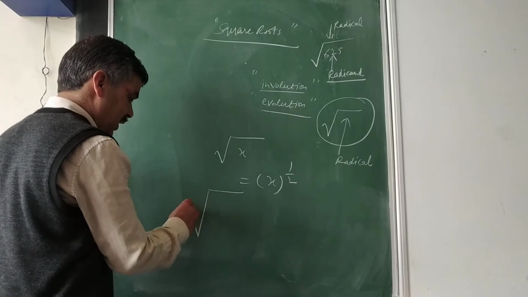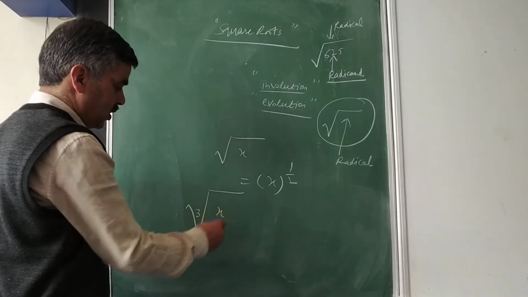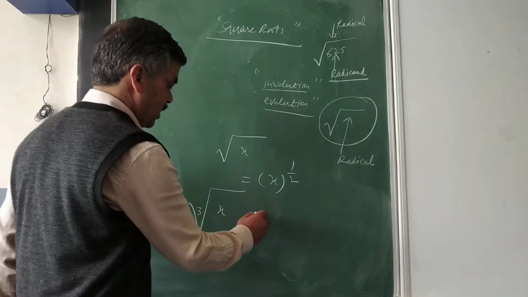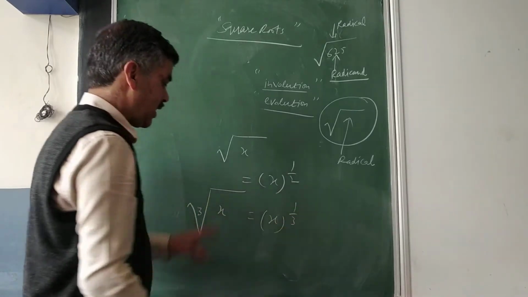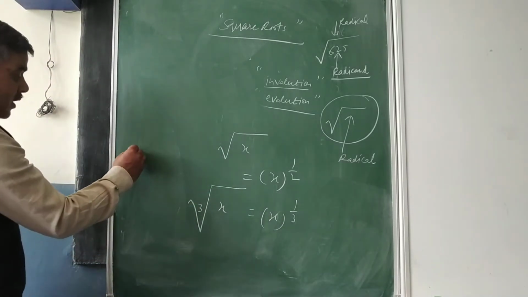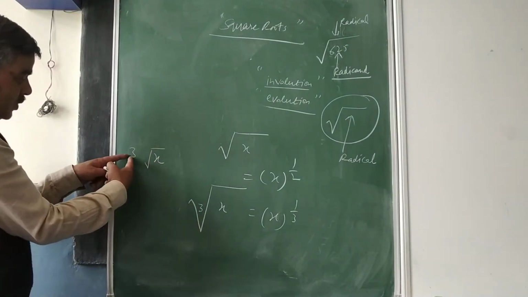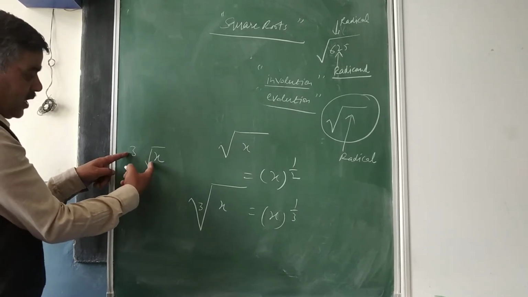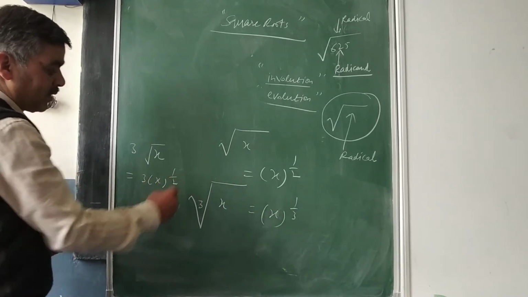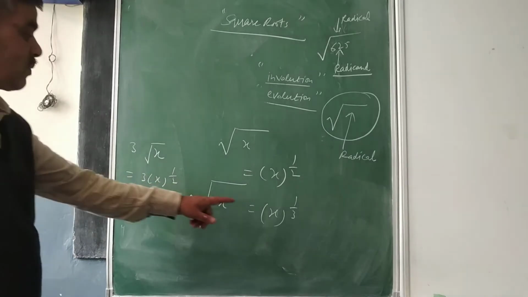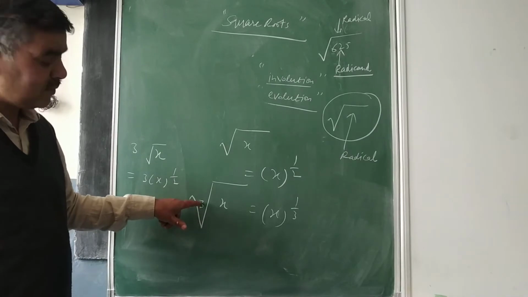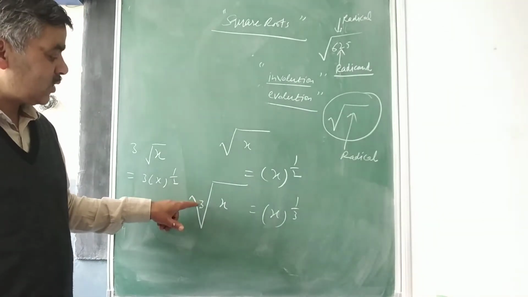Suppose here it is 3. Now within this symbol, somewhere in between this sign, 3 is written. Then I need to write the power as 1 upon 3, and so on if it is written 4. This is called a third root, then the fourth root. But make it very clear, if it is written 3x, now this 3 is not lying within the radical sign. This is getting multiplied. This is 3 into x, means this will be 3 into x raised to the power 1 by 2. This does not mean x raised to the power 1 by 3. It is 1 by 3 only in that case when 3 is written in this radical sign. So that is the third root.